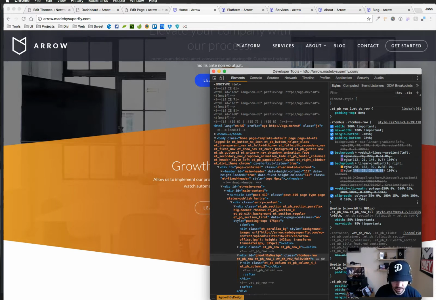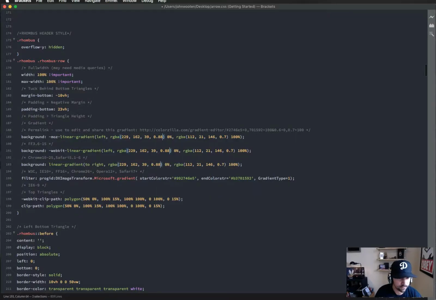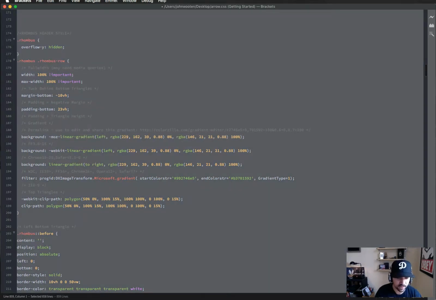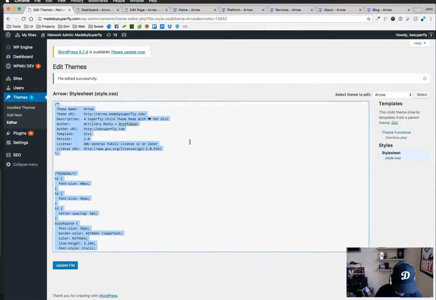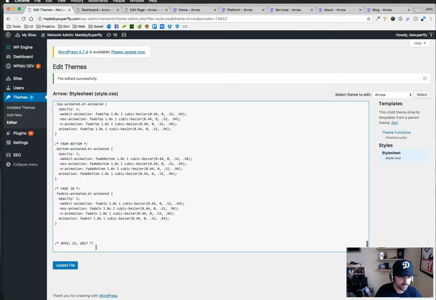There we go. Copy that. Cursor there. Command click and click. Or you can do them all individually and paste in my new value. And you'll see now when I hover, I got that new value. I can select all, copy, run over to my theme, select all, delete, paste it in, update,